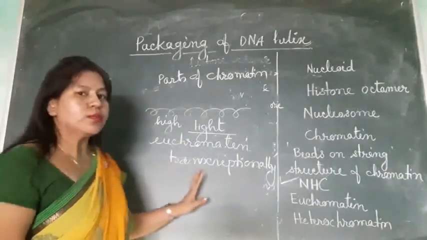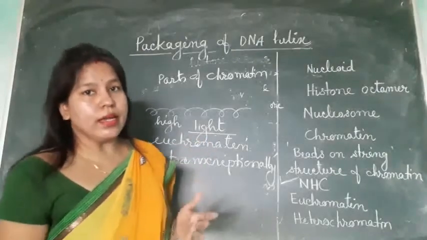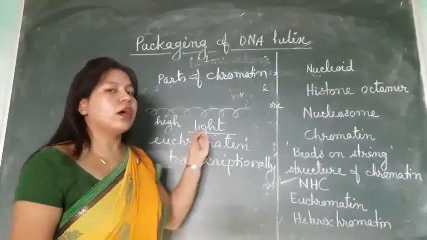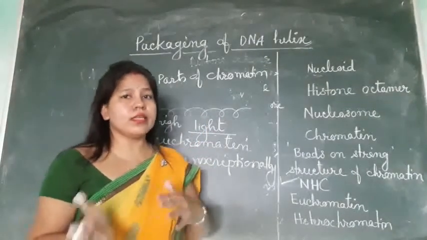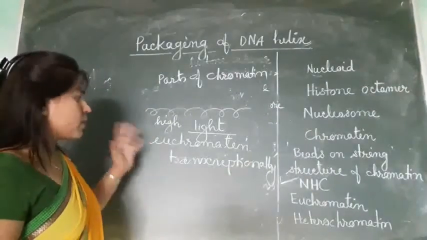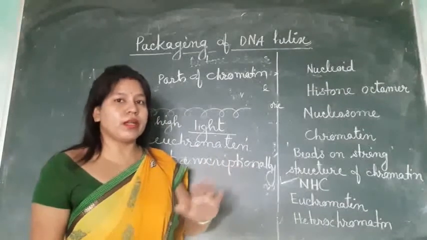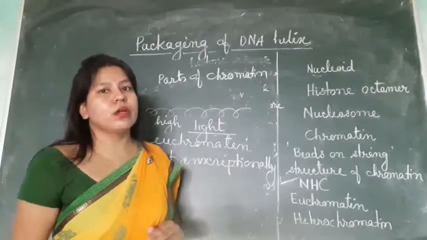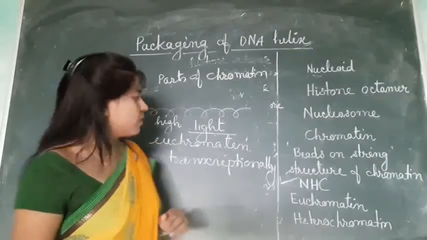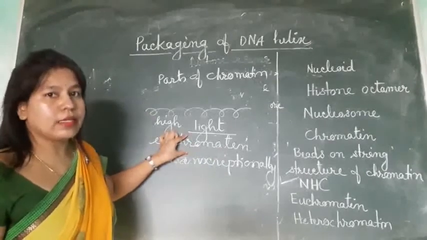So what is transcription? You know that the genetic information for protein synthesis is written in DNA, right? And for protein formation, first this information is copied to mRNA, then mRNA carries it to the ribosome for formation of protein, right? Now the process by which the message of protein synthesis is copied to mRNA from DNA is called transcription. Or very simply you can say formation of RNA from DNA is transcription. So from this transcriptional point of view, euchromatin is an active chromatin.